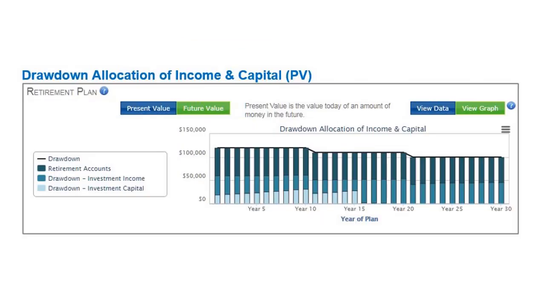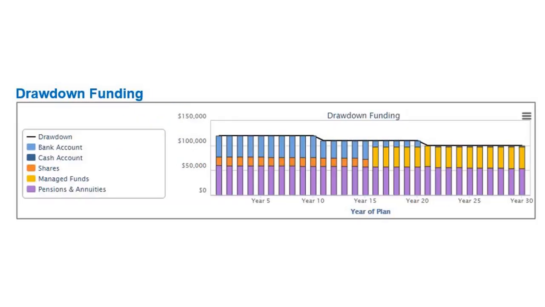In the retirement plan, you can elect to use either present or future values. For this exercise, present values will be used. On the top graph, the income streams are divided into retirement account drawdown, investment income and investment capital. In this section, the graph displays the funds which have been used to create the retirement income. Note how the shares have been allocated for the first 15 years and the managed funds for the last 15